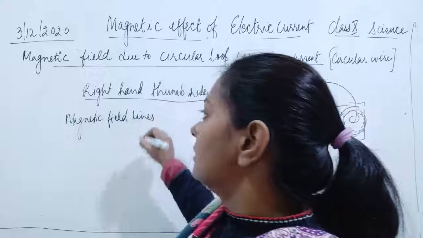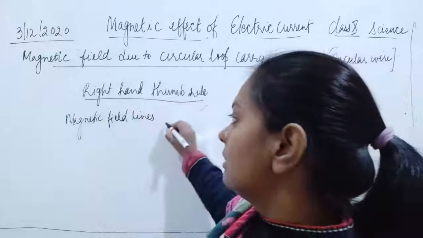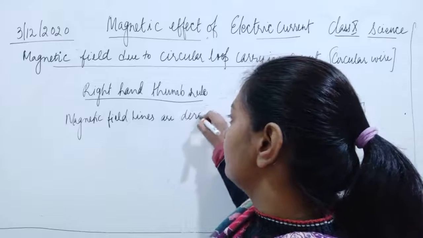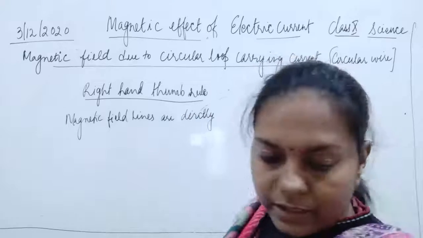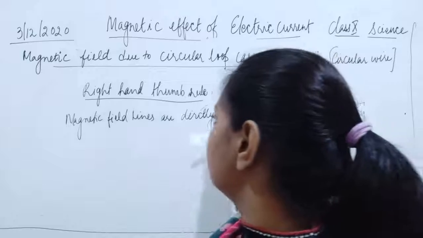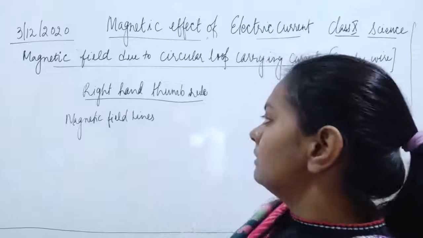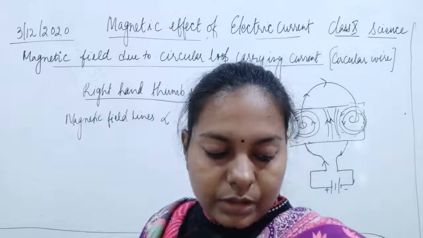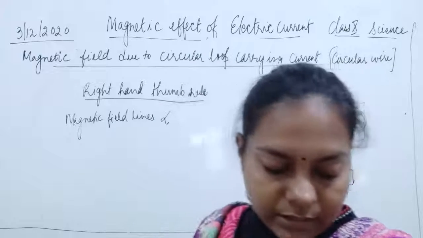Magnetic field is directly proportional to the amount of current which is passing,